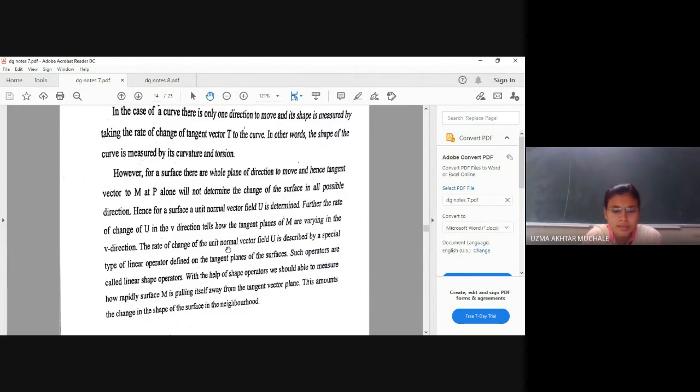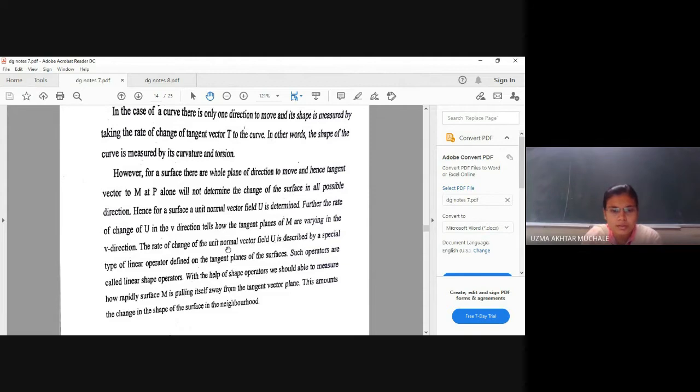Curvature k is nothing but the reciprocal of the radius of curvature. And what is a torsion? Torsion is nothing but we have calculated: B dash is equal to minus tau N. Correct, no? So these are the formulas we have. We know about the Frenet apparatus. What is the main thing about the Frenet apparatus? They are described in themselves. We don't need any other apparatus or any other things to find out the Frenet apparatus.